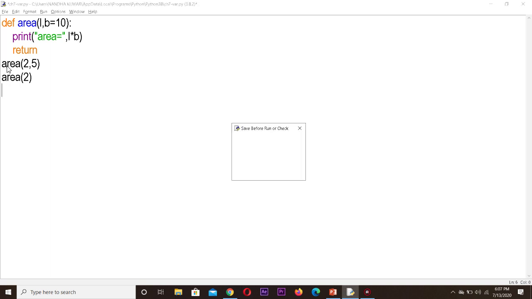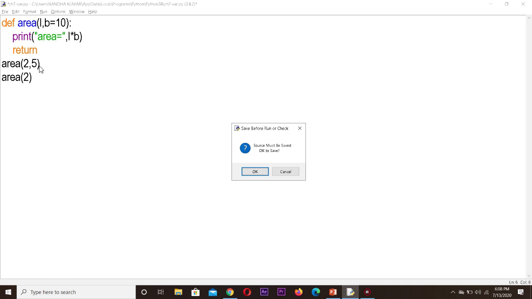So two call statements I have mentioned. First one with the two values, second one with only one value. Since in the first one two values I am mentioning, it won't take this default argument. It will consider only the arguments we are passing in the call statement. So 2 into 5 we have to get the answer as 10. The second one I am sending only one value. So since the second value is missing, it will take the default argument, that is 10. So 2 into 10, 20 you will be getting. Okay.